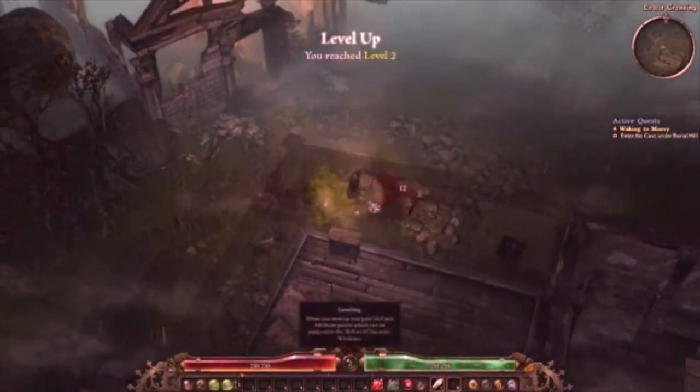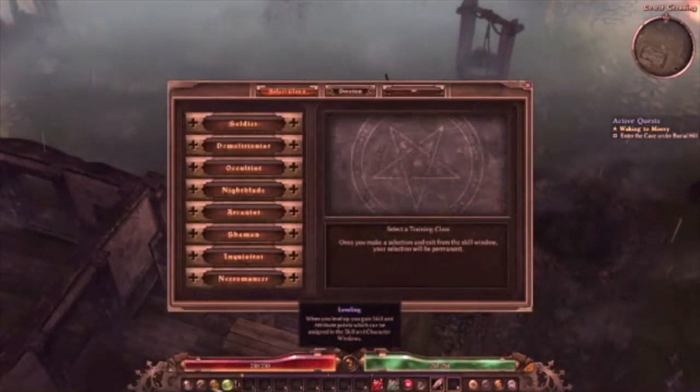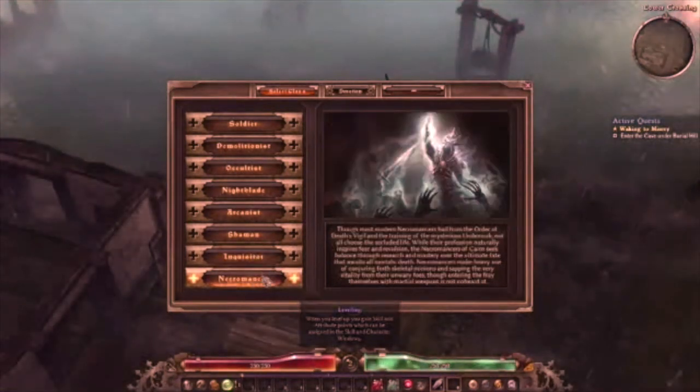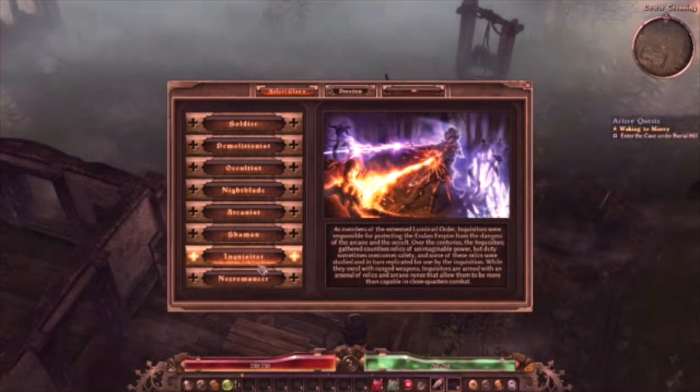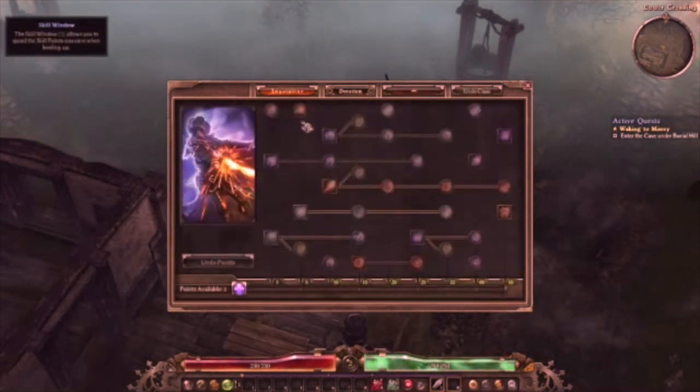It is really good. Alright, we actually got to level now. So we get to see this new one. See right here, both of these: the Inquisitor and the Necromancer. Luminary Order. Not to be mistaken with the Illuminati Order. So, if we select this one,